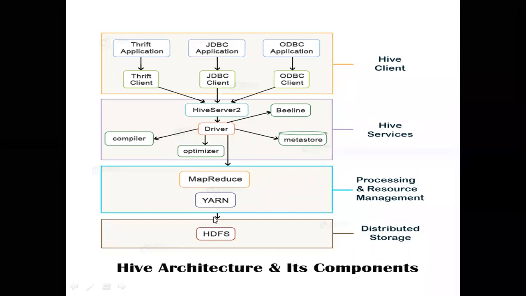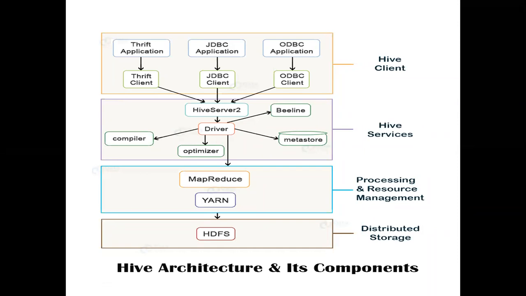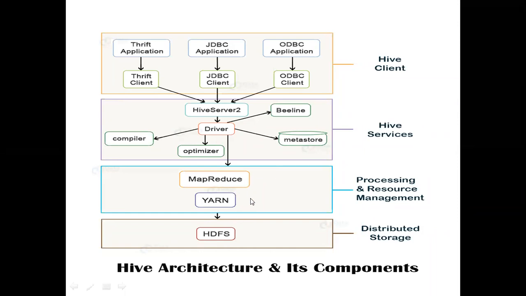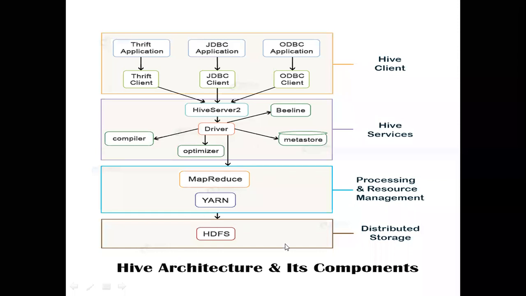Generally, the data will be in the HDFS, and on the data we have the MapReduce and resource management, where we will perform the processing or analysis of the data. The processing or analysis of the data will be done with the help of the MapReduce jobs on the data which is in the HDFS. To perform this MapReduce task, now we are using an alternative called the Hive queries, where the client will write a query here. With the help of the services, the query will be passed to the MapReduce, and this MapReduce will perform the processing of the data which is in the HDFS.